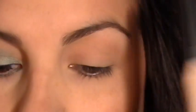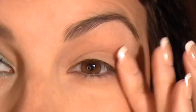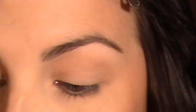First, I primed my lid with the Smashbox Photofinish Lid Primer. That operates a lot like the Too Faced Shadow Insurance, only it more so neutralizes the look of your eyelids, so it really takes away any sort of pigmentation that's already there on the skin on your eyelids. So then we're going to take our Wet n Wild Color Icon palette in Pride with the greens and blues,